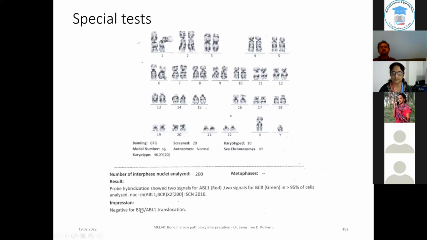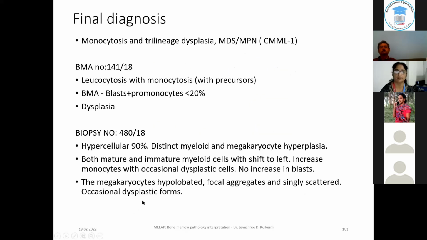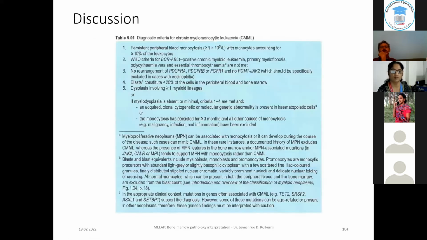Now, you have to rule out CML. So it is negative for BCR-ABL translocation. So this was a case of monocytosis with trilineage dysplasia, MDS/MPN category, CMML-1, because the blast count is less. So this is the WHO classification with the criteria you need to say that it is a CMML, because you have to rule out all the other causes of myeloproliferative neoplasm, that is your CML, and rearrangements for PDGFRA, B and FGFR1,